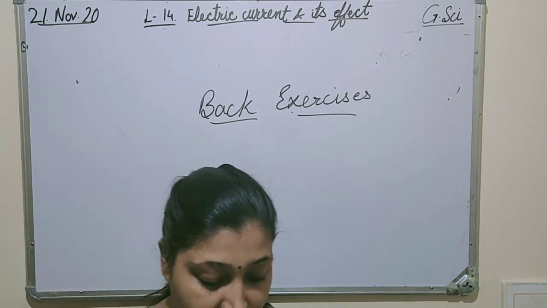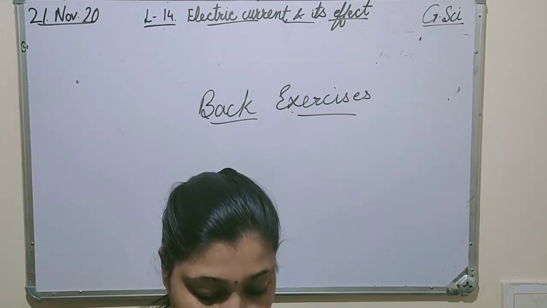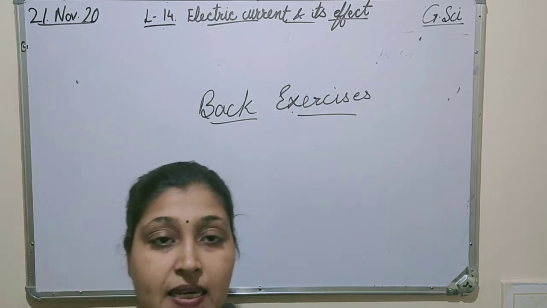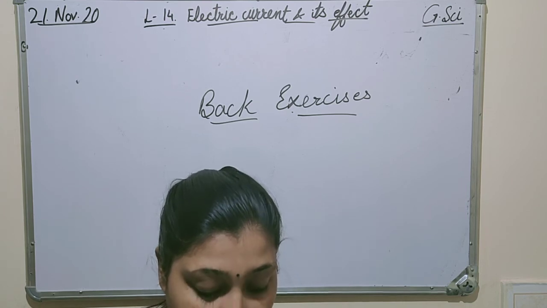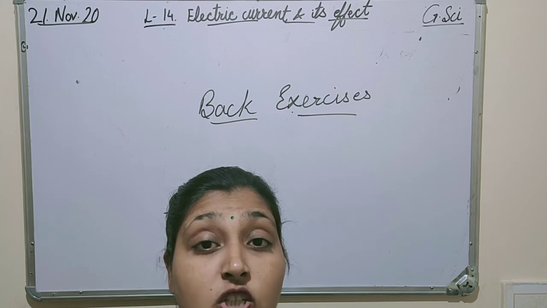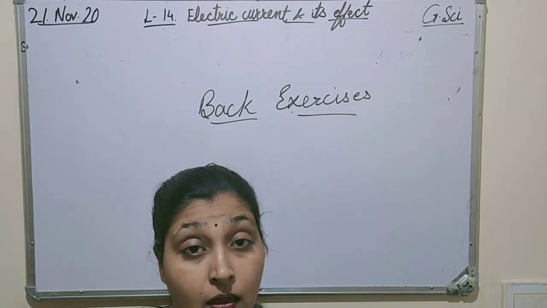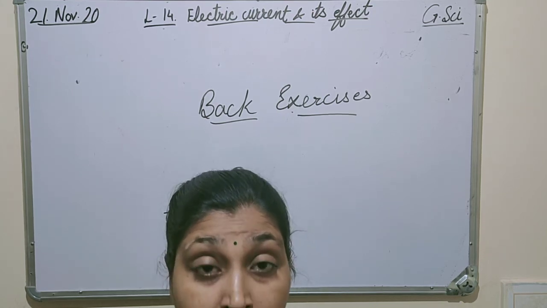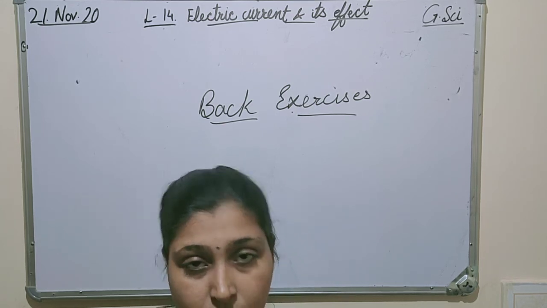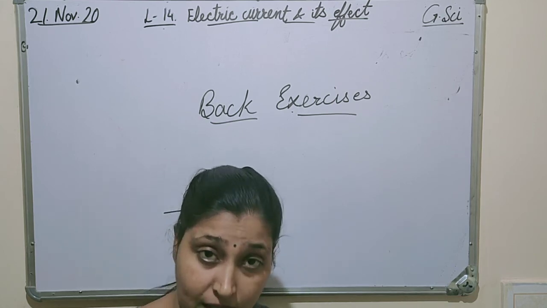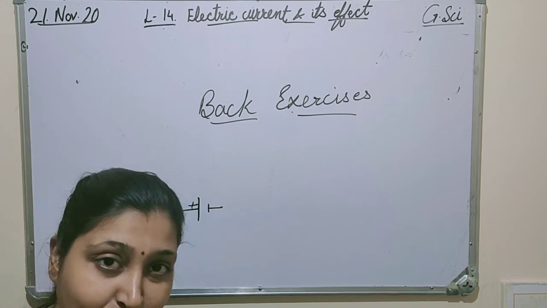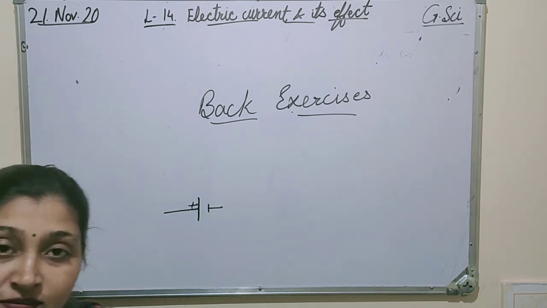Now come to the 13th and last question. There is a circuit diagram given here and they are asking, first point, will any of the bulbs glow if the switch is not on? Yes, if the switch is not on, it means the circuit is not completed. Will the current flow in an open circuit? No. Then will the bulb glow? No. So what would be the answer of the first part? Obviously it is no.